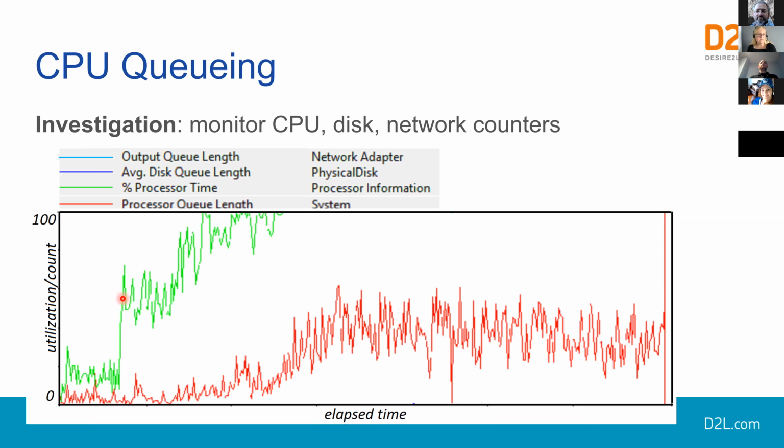CPU escalates. We don't see much changing with the queue length down here. Then an additional increase in load, again as shown on the previous graph, increases CPU utilization to close to 100%, and at that point, the queue can't be cleared any longer and it starts to grow. So now we know that the root cause of scaling response in this case is CPU queuing. The processor is processing too slowly to keep up with the rate of newly arriving requests.